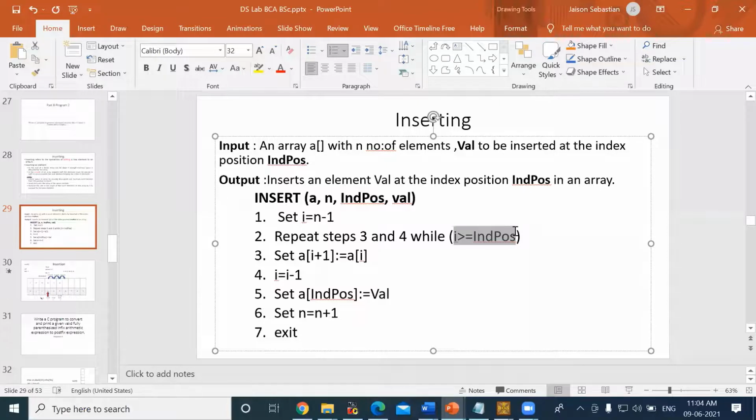What is the condition? When I is greater than or equal to index position. If it is true, we have to execute these 2 lines. We are shifting the value present in A of I to A of I plus 1. After that, we are decrementing the value of I, right? So whenever this condition is satisfied, we have to repeat these 2 steps. Repeat step 3 and 4 means when we write the algorithm, we will be writing like that.